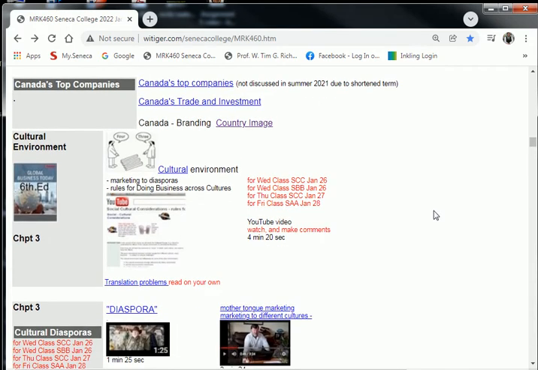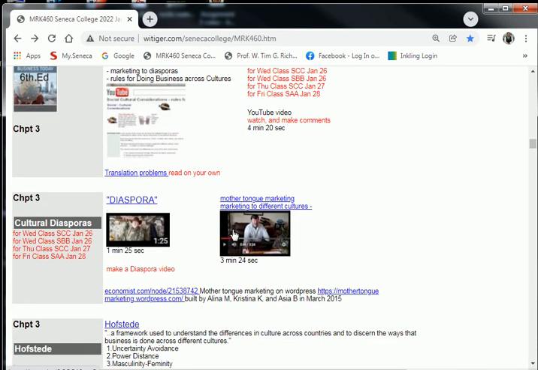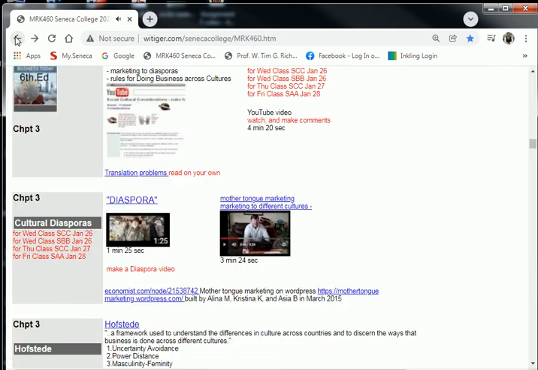And then we'll get into the cultural environment. So basically I said that looking at this course is the 4 P's and the 6 E's, and this relates to the social cultural environment. We'll talk about things like diasporas, large groups of people in countries that move to another part of the world. And we'll also talk about marketing to different cultures based on the diaspora.